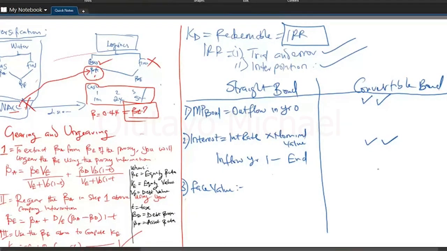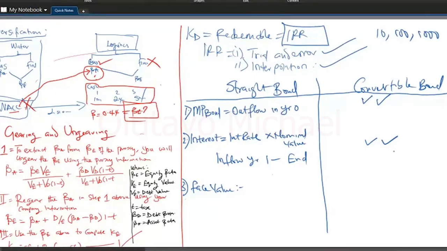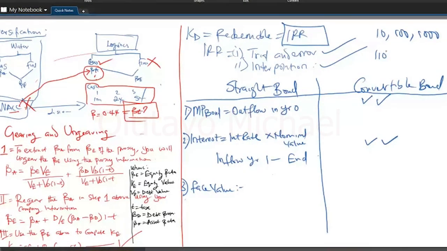Bonds are sold at tranches of 10, 100, and 1,000, where Nigerian bonds are traded at a 1,000 tranche nominal value. So if I buy a Dangote bond at 1,100 naira per bond,